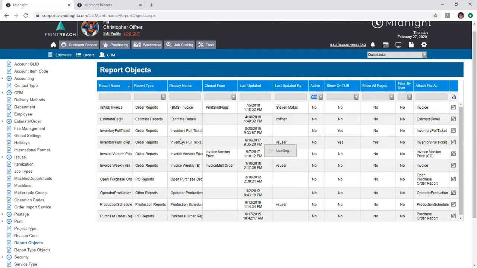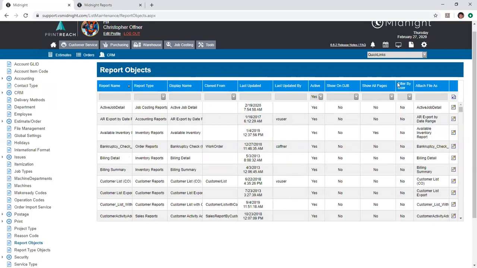The other features that we see here on the right impact some behavior of the reports themselves. If you're utilizing your dynamic job board, then you may have certain reports that you need to display on the DJB. What this refers to is that if you have an order on the dynamic job board that you'd like to pull up your report within,